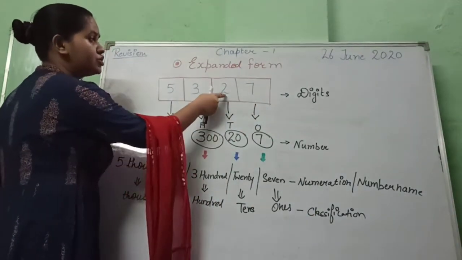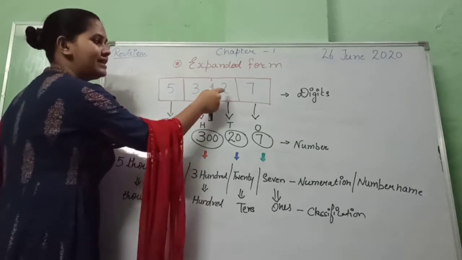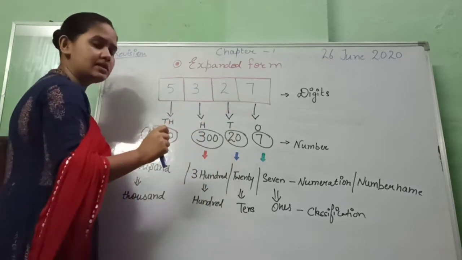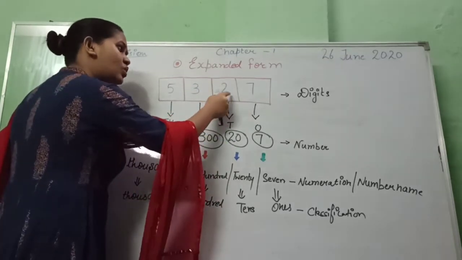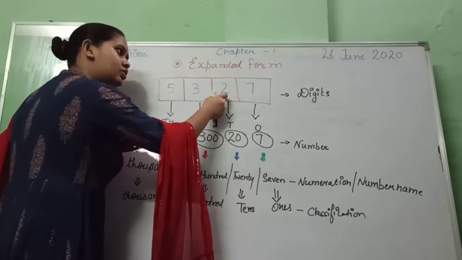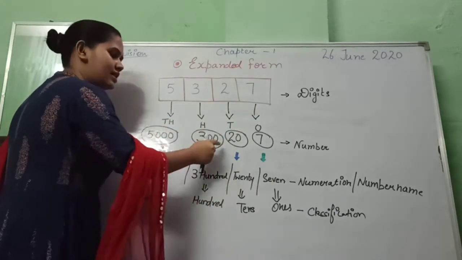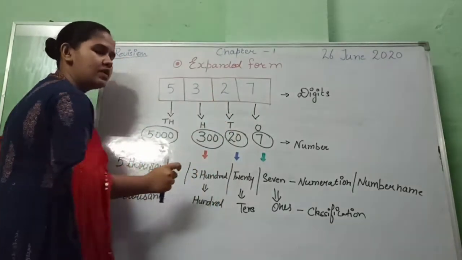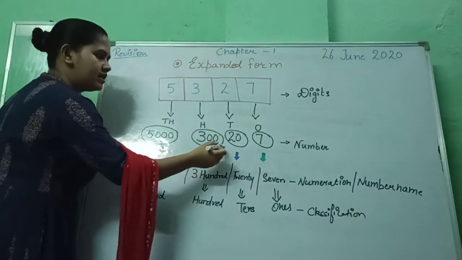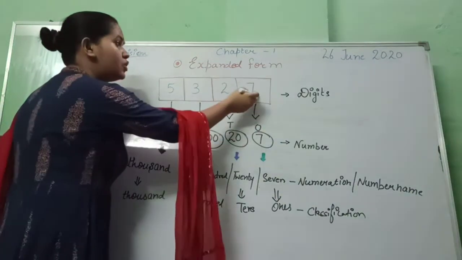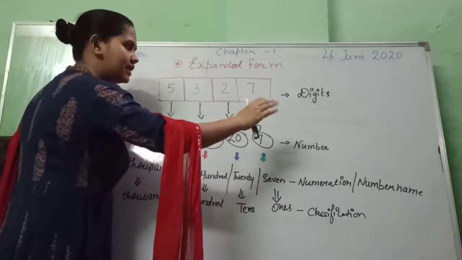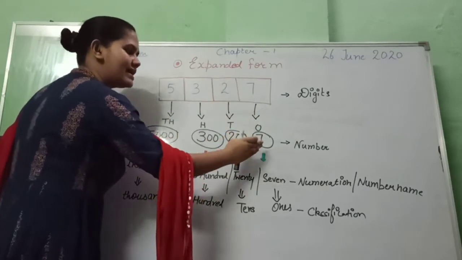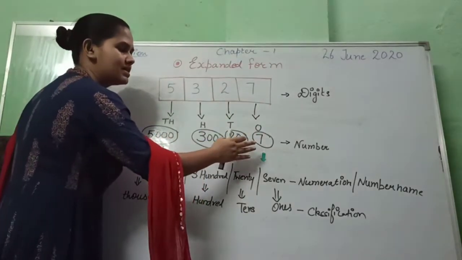And when we come to 2, when we have to expand the 2, we can see after 2 there is only 1 digit. So we have to expand only that. That's why I am taking only 1 zero here on the side of 2, right? We have done the thousands, hundreds, tens, right? Now come to ones. Now there is nothing, right? After 7 there are no more digits. So we will take 7 as it is. Yes, that means ones, right?